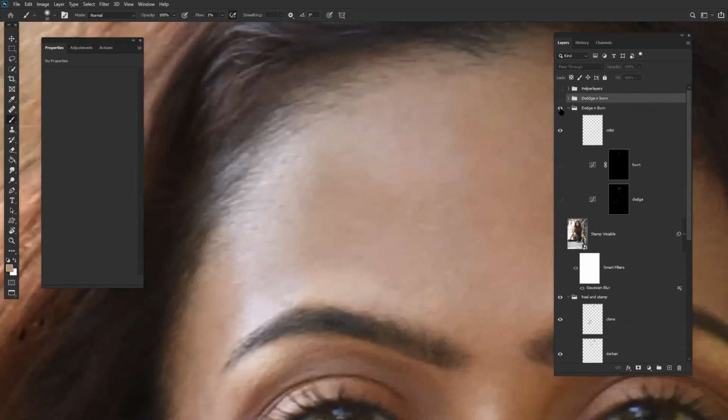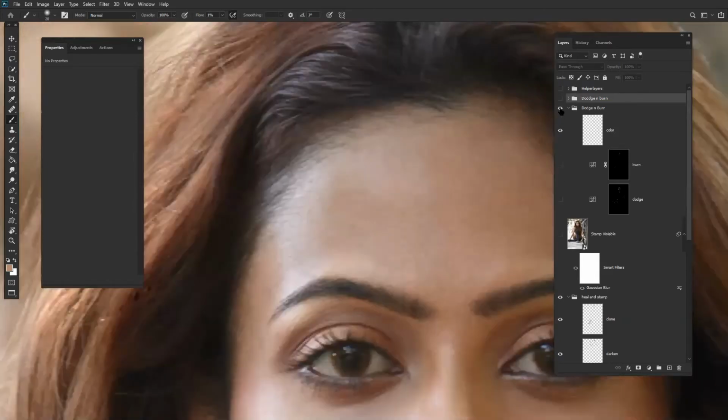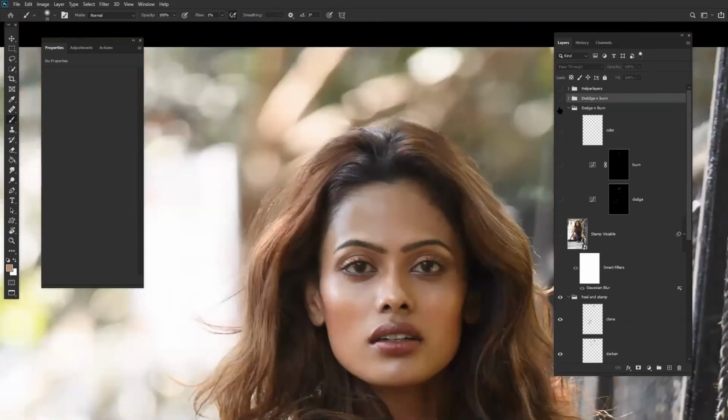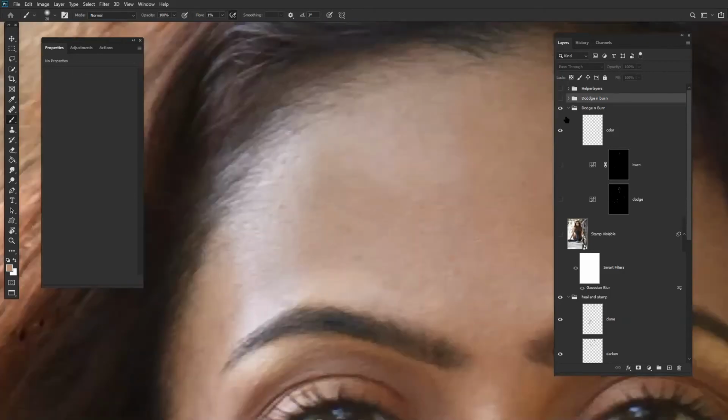You can see the difference. So that's how we start dodging and burning.